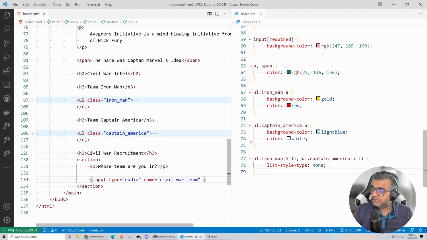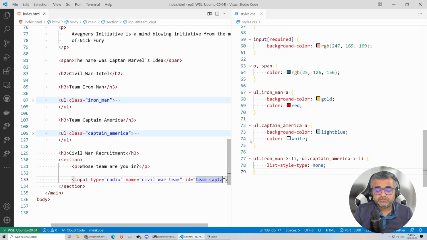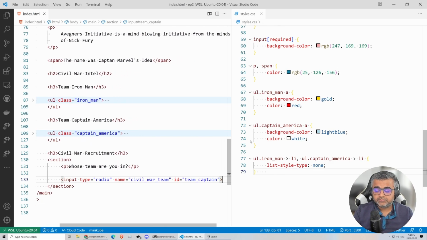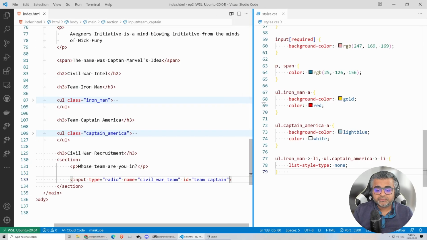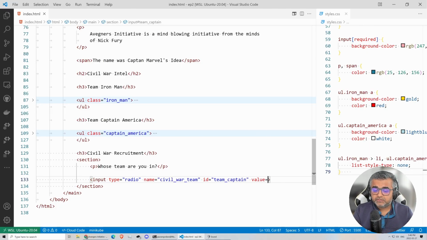And we'll give it ID, Team Captain, right? We'll also give a value. So let's move this to the right a bit. We'll give a value. We'll say Team Captain,